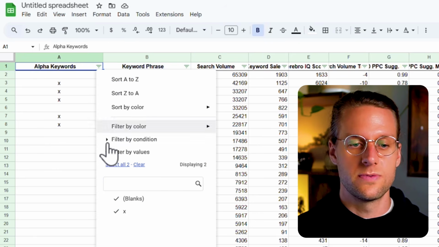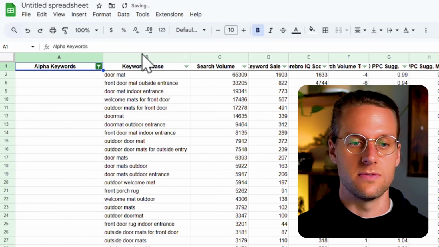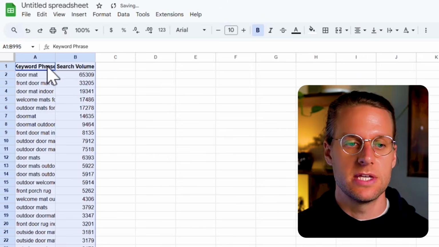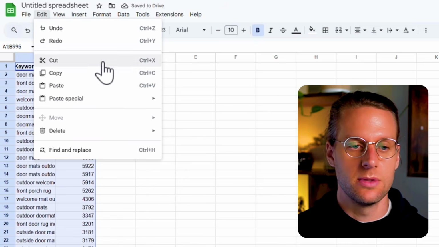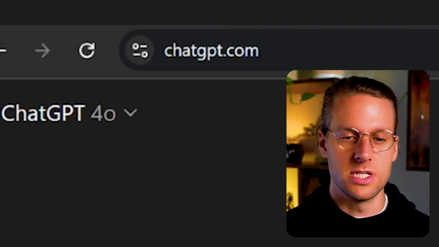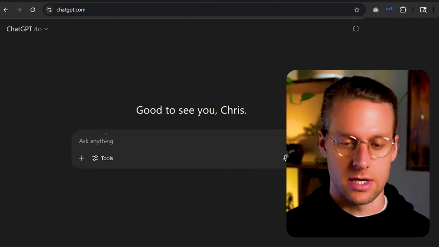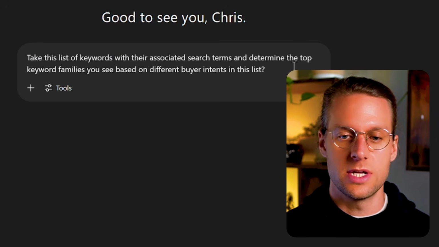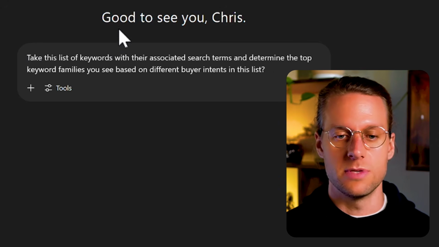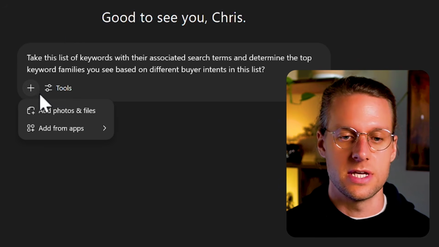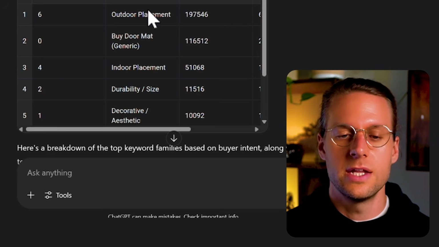So what we're going to do is, first of all, we're going to remove the ones that we already set are our alpha keywords because we want to deal with the rest of the keywords. Then we're going to select these 2 columns, paste them into a new sheet. Then we're going to download that as a CSV. Then we're going to go to ChatGPT, chatgpt.com or chat.openai.com, and we're just going to ask it, take this list of keywords with their associated search terms and determine the top keyword families you see based on different buyer intents in this list. Then you're going to add the CSV, wait for it to analyze,